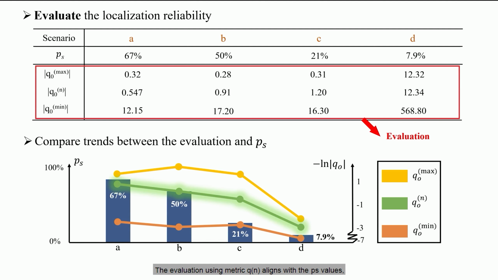The evaluation using the QN metric aligns with the PS values, indicating a close relationship between the proposed QN metric and the environment's localization reliability. However, the Qmax metric, which primarily focuses on feature richness, fails to effectively differentiate between scene A and B due to the cluttered structure in scene B, resulting in a higher feature richness and being mistakenly assessed as superior to